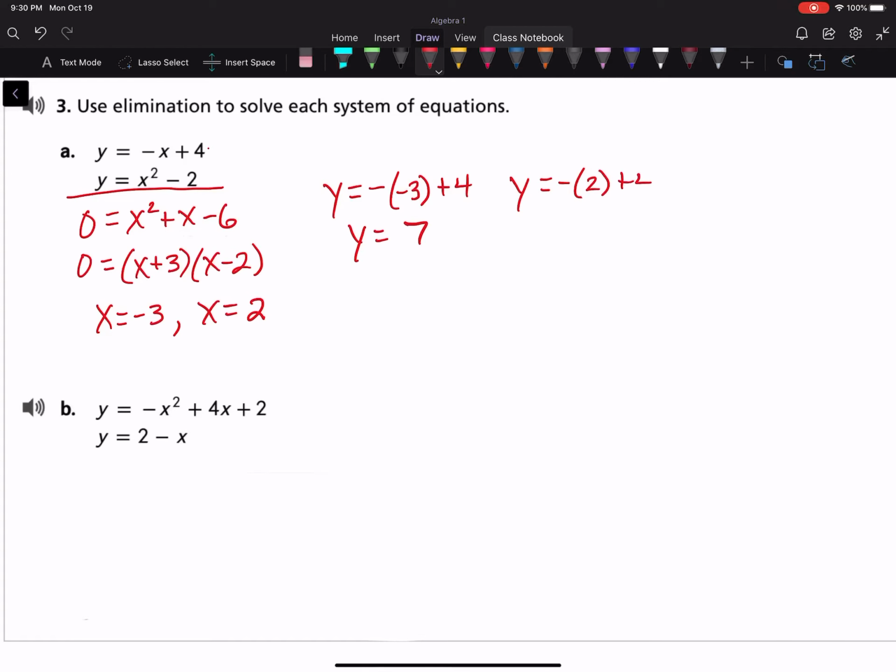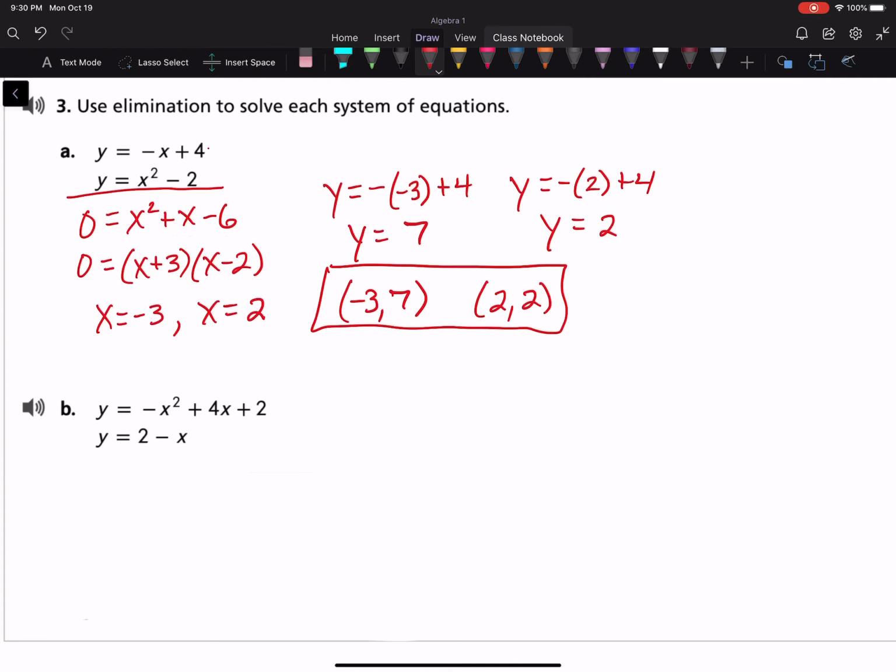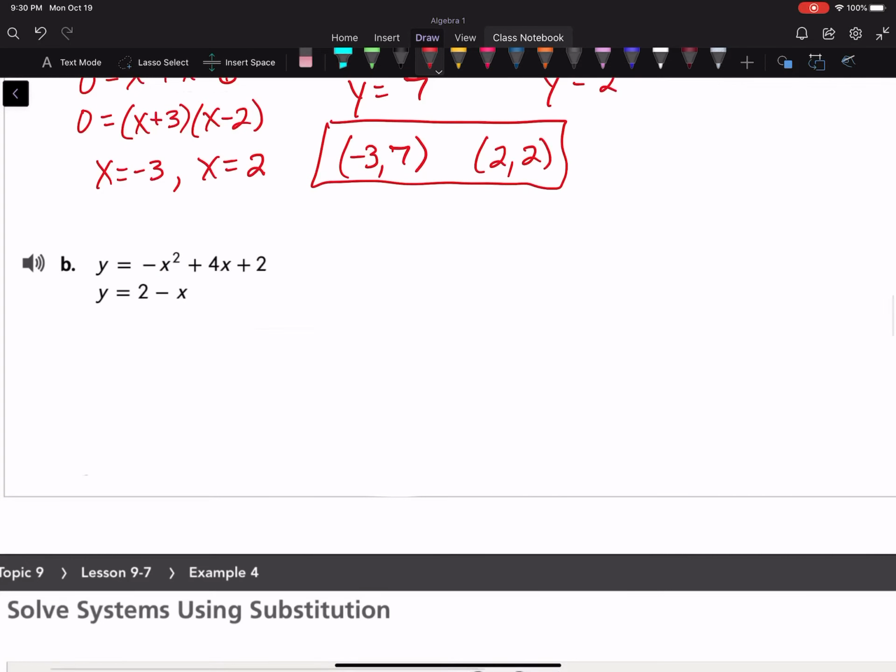-2 plus 4, y is 2. So my answers are -3, 7, and 2, 2. Okay, one more time. All right, now on this one, part B right here, I am going to make this one,